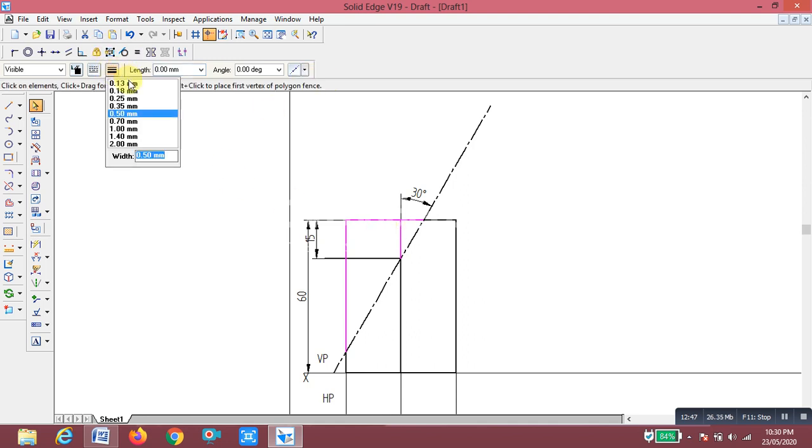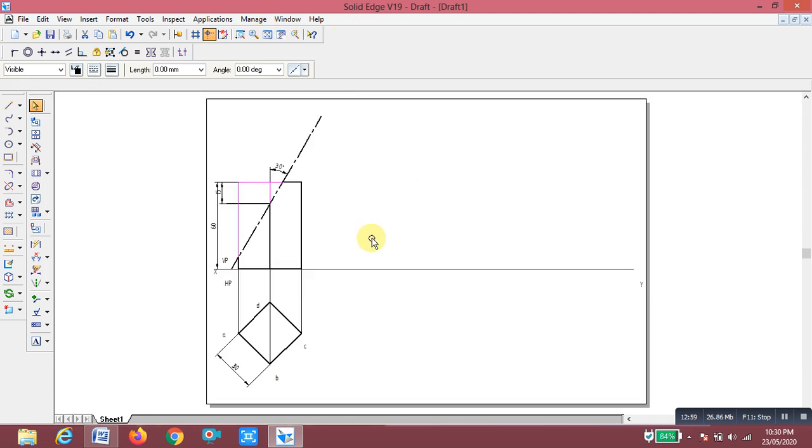We have to draw the development of this retained portion. Now you have to write the text in the front view. This is where the section cuts.